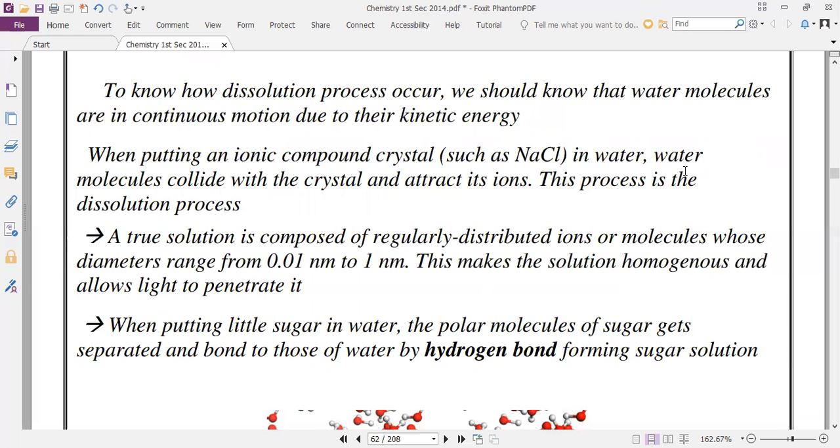A true solution is composed of regularly distributed ions or molecules whose diameters range from 0.01 nanometer to 1 nanometer. This makes the solution homogeneous and allows light to penetrate it. It's called the true solution. But when putting little sugar in water,